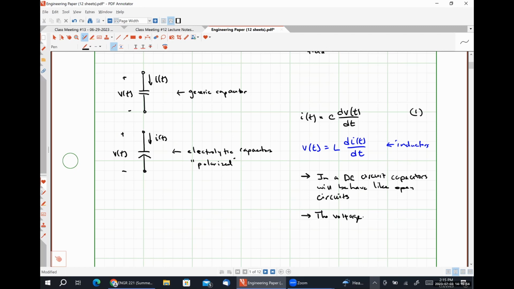If the voltage changes instantaneously from one value to another, that means the derivative of that change in voltage is infinity, which would cause an infinitely large current to flow, which would violate the